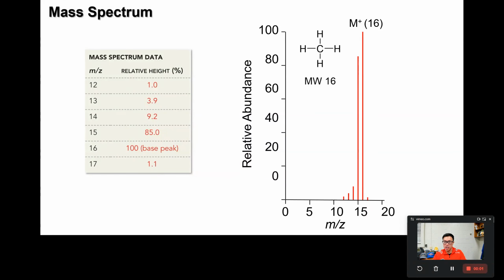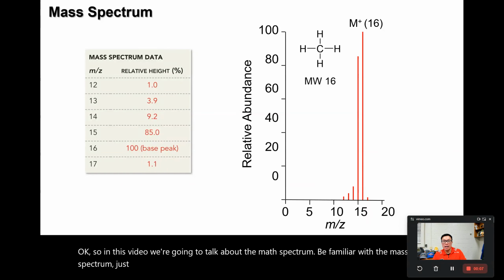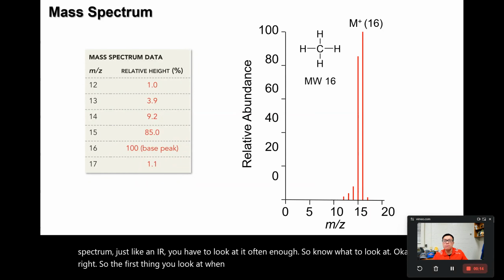Okay, so in this video, we're going to talk about the mass spectrum. Be familiar with the mass spectrum. Just like an IR, you have to look at it often enough so you know what to look at. All right, so the first thing you look at when you have a mass spectrum, the most important thing